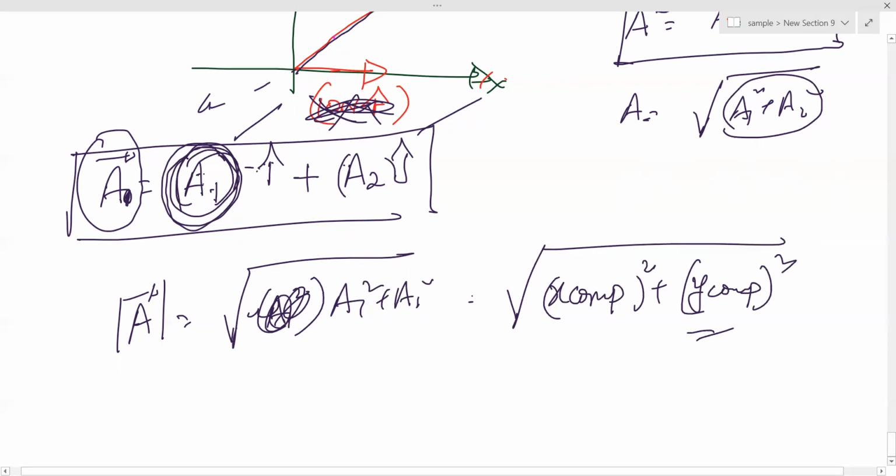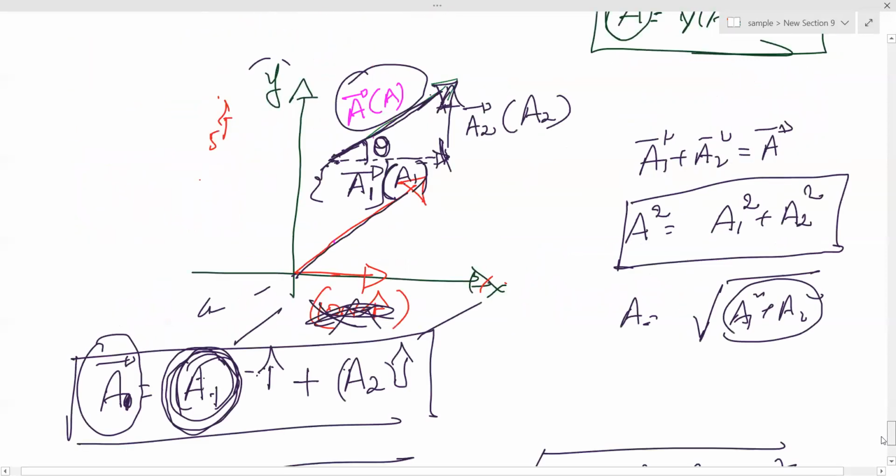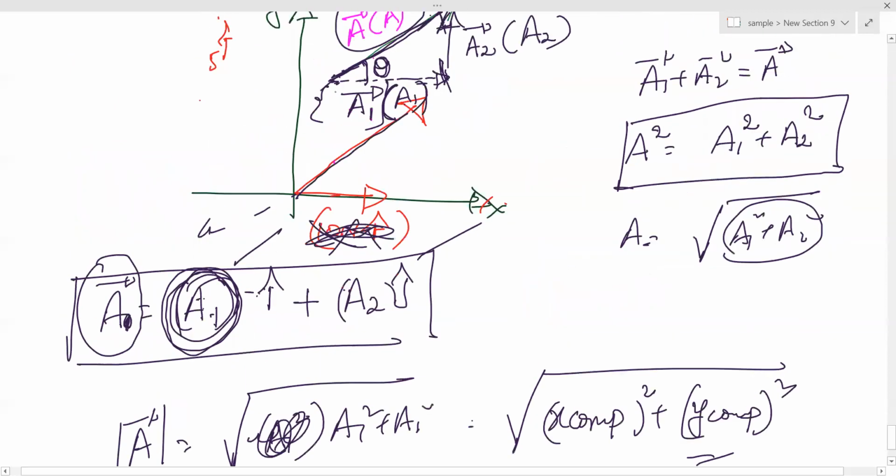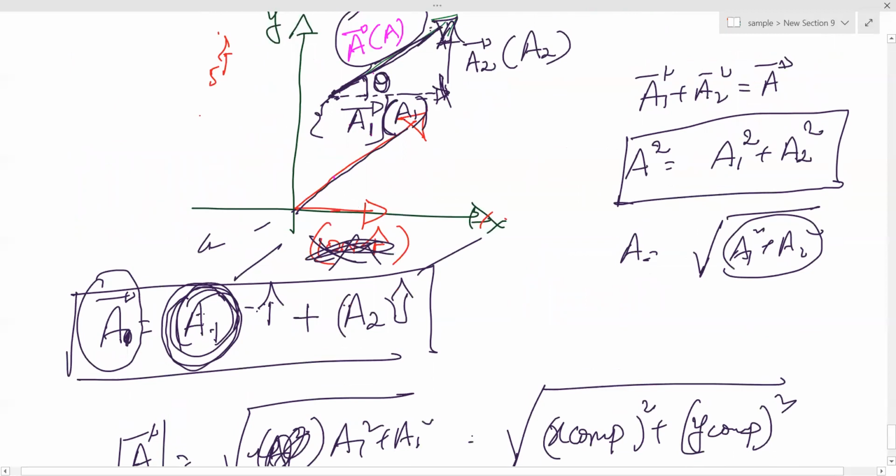Now carefully observe. Does A have a direction? A is a vector, and that direction we can represent as I cap plus J cap. This is a vector. It is given this much in the x direction, that much in the y direction. We can represent it in the form of I plus J like that. This is a vector representation: A equals A1 I cap plus A2 J cap.